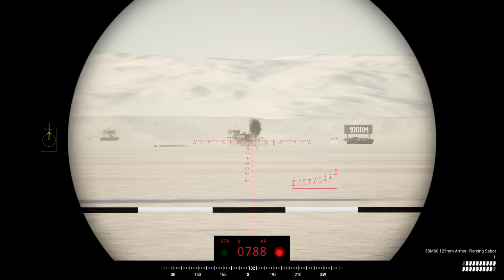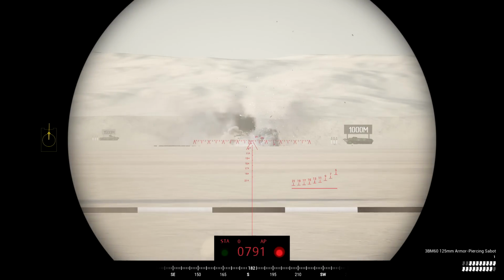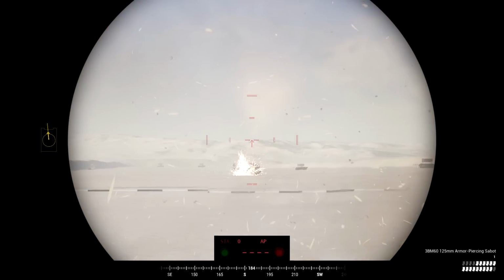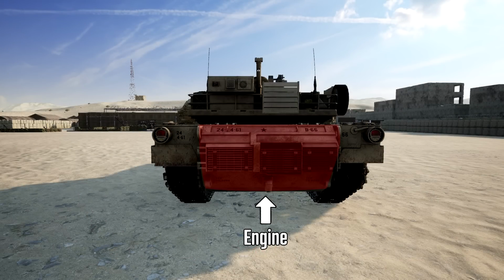It will take some time perfecting these shots depending on the range, but my rule of thumb is to always go for this mobility kill first. Taking a wild shot at a hull or turret can deflect, but AP rounds to the track will always disable it. Once the tank is disabled, the best places to aim for are the rear of the tank, back of